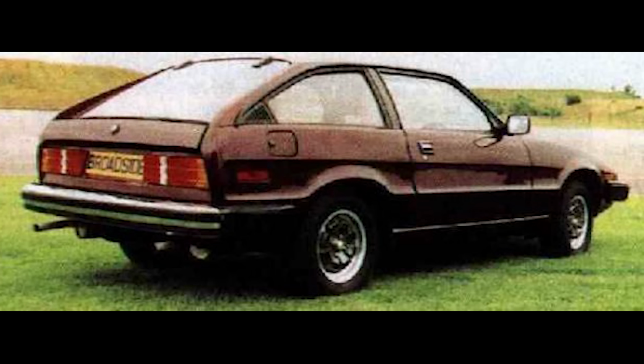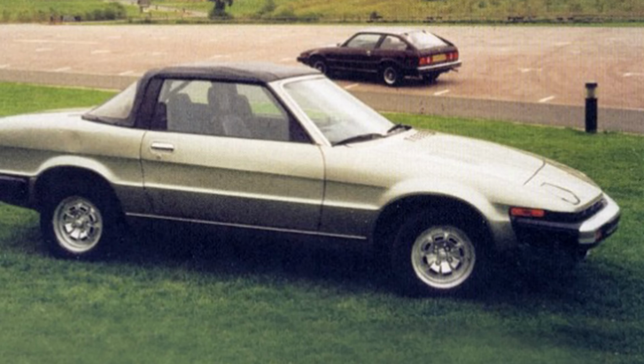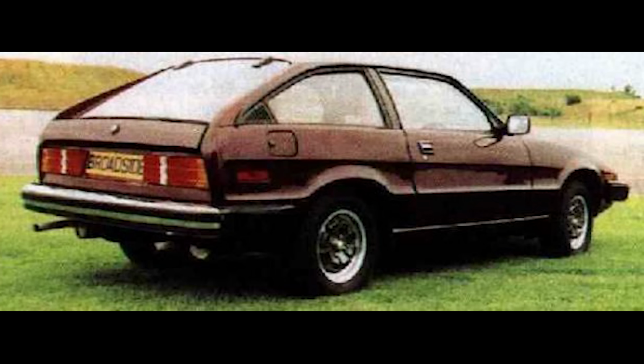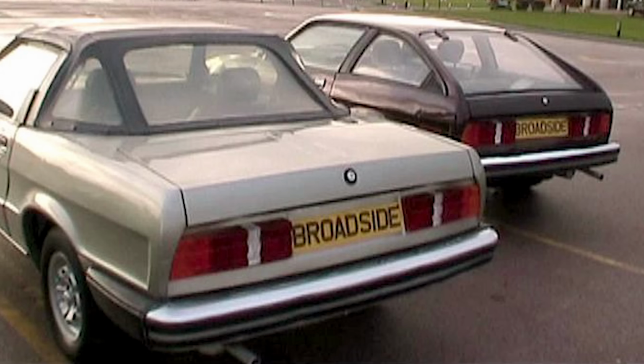The styling of the coupe looked awkward and differed quite a lot from Michelotti's initial sketches. The convertible, however, looked amazing, with a rollover hoop added for the US market's regulations on convertibles. The cars would use the 1.7-litre O-Series engine, which was in development at the time, and a larger 2-litre version for the higher-end models. In the early 80s, the use of the 1.7 O-Series was dropped after months of development,